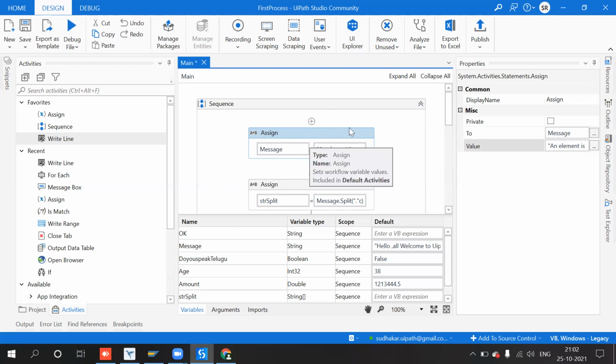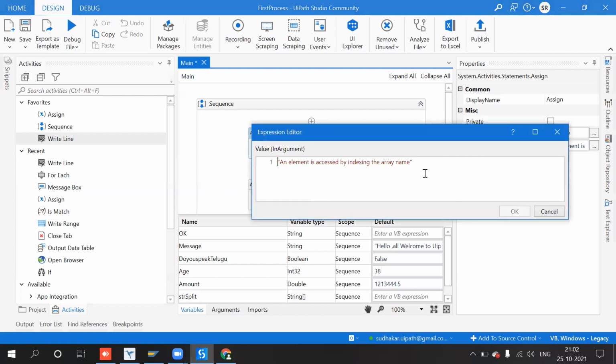Now we have seen strings, right? So I want to find out the last word out of a string, or I want to get the middle word, or the first word of a string. These are all very important in interviews.